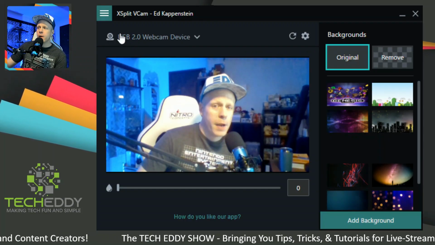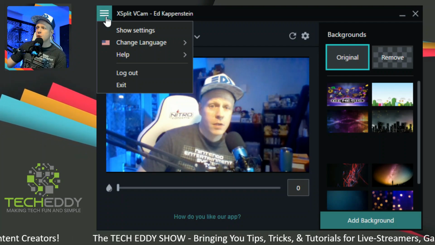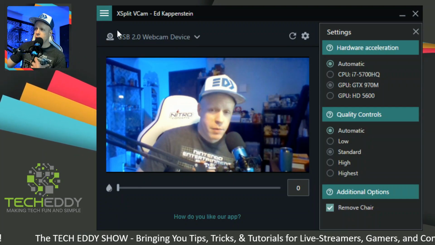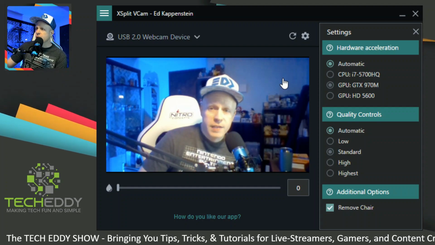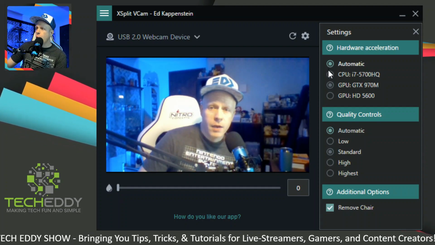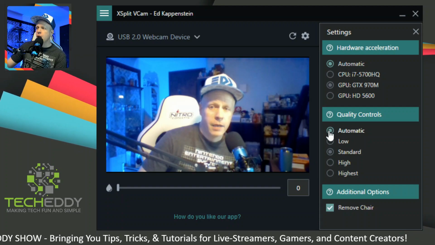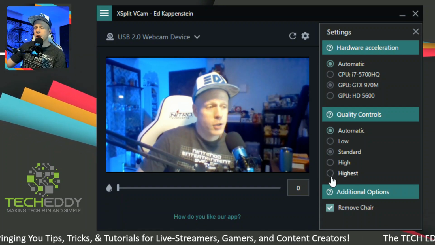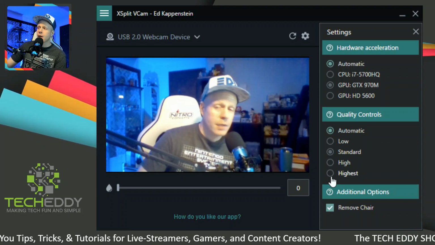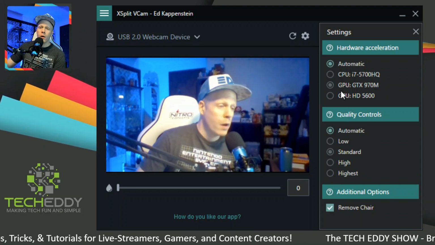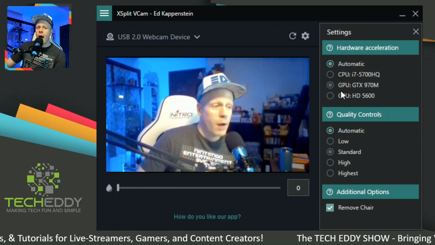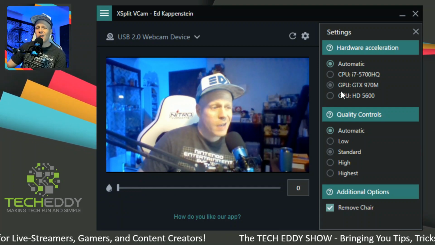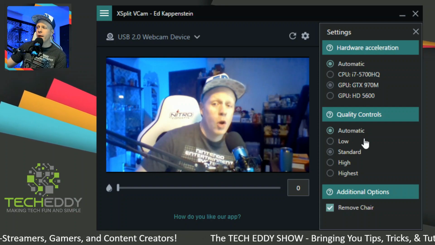Now we'll go back up here to this menu in the upper left. Go to Show Settings, and this is what it recommended for my laptop. Hardware acceleration is on automatic, and quality controls are automatic. You can try setting these yourselves if you want to. It may crash, or may give you bad frame rate. If you have a really strong GPU though, it will give you a bit better optimized settings. It all optimizes itself based on your computer, so it does have low and high settings,